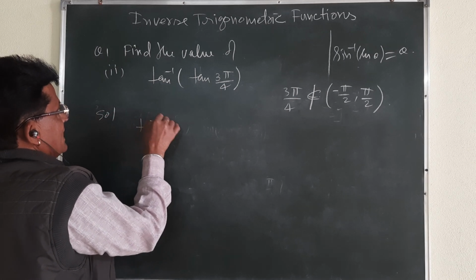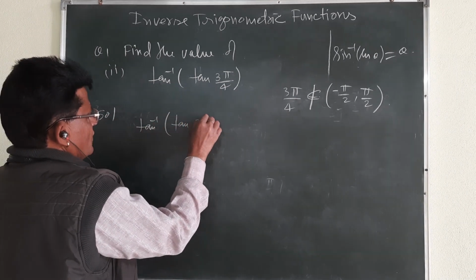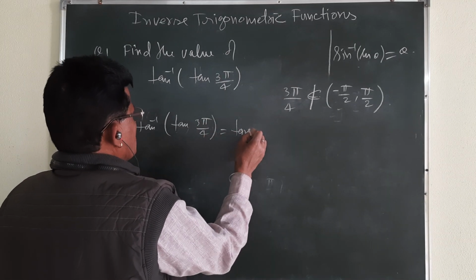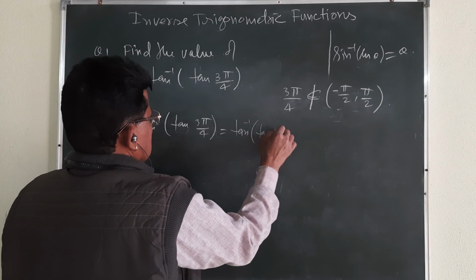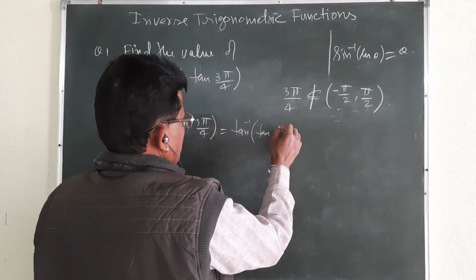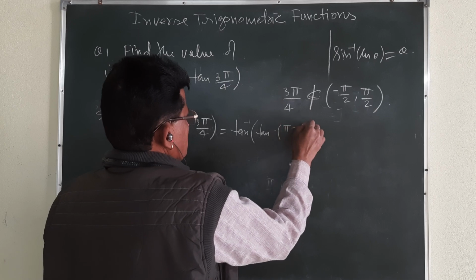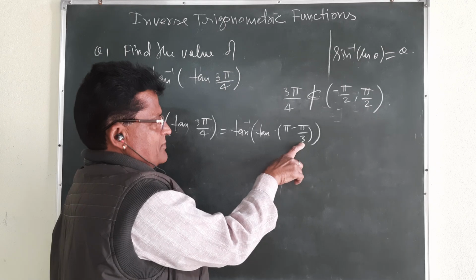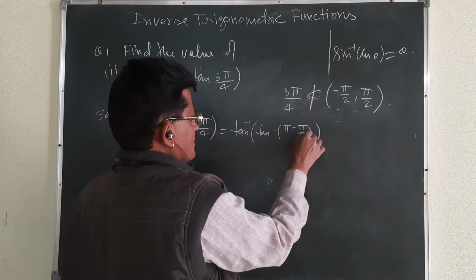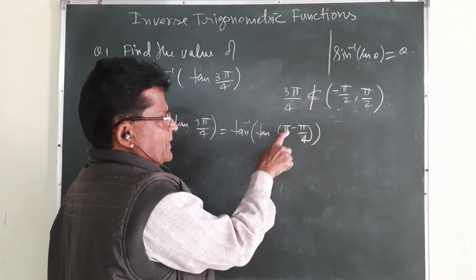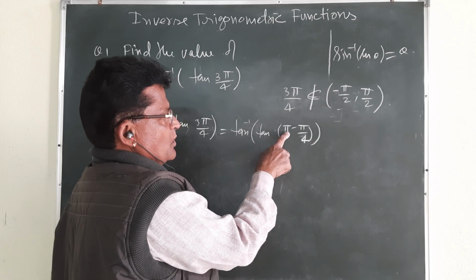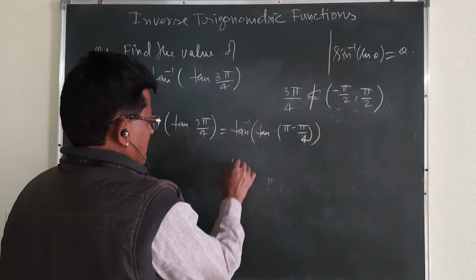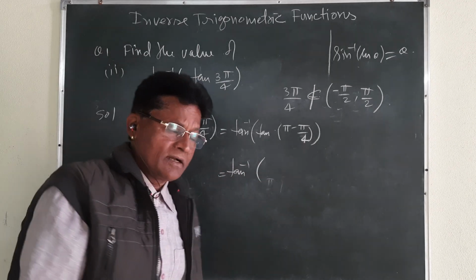Then you write tan inverse, the same thing which I told you just before. Tell me how you will change it. How can you change tan inverse of tan 3 pi by 4? See, I am taking pi minus pi by 4. This is 3 pi by 4. If you take the LCM, you take 4 pi minus pi upon 4; 4 pi minus pi is 3 pi, so 3 pi by 4. Okay, tan inverse tan